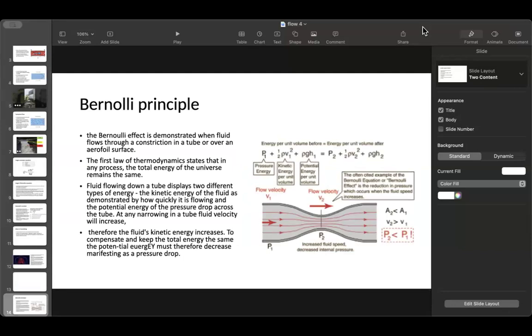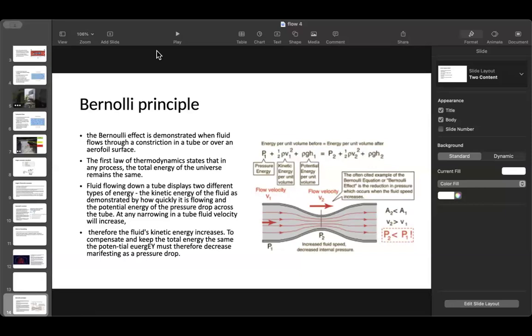Moving to the next section of the lecture. In this section, we're talking about some physical principles that can be manipulated in the equipment that we use. The first one is the Bernoulli principle, the Bernoulli effect,